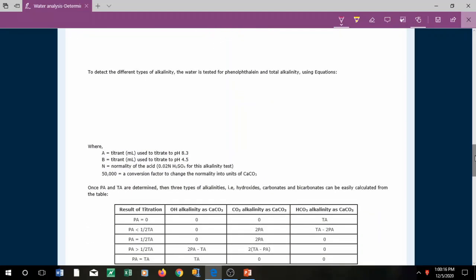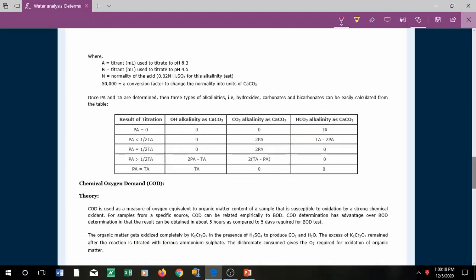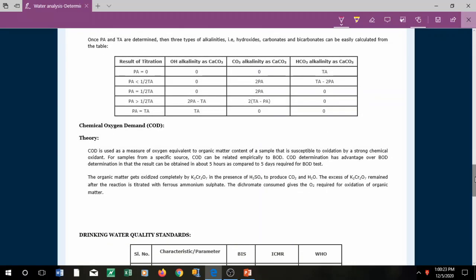So this is also a titration, but it is a double titration. We use two indicators, methyl orange and phenolphthalein here. This also I'll discuss in a separate video, because it is not easy to discuss each and everything in a single video. Today's video is just aiming to introduce you to the virtual lab section.